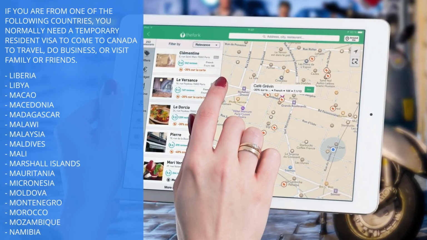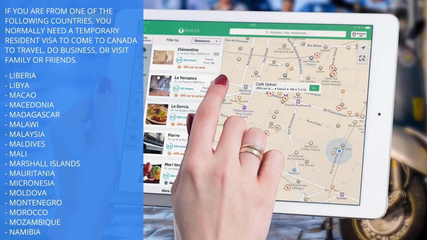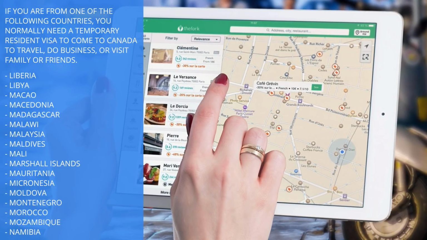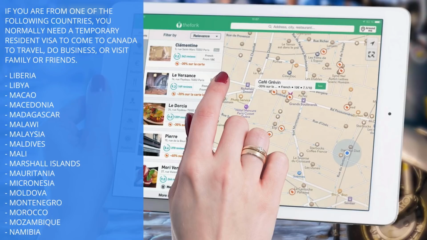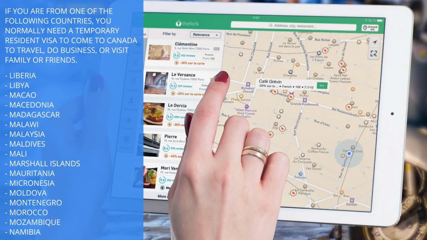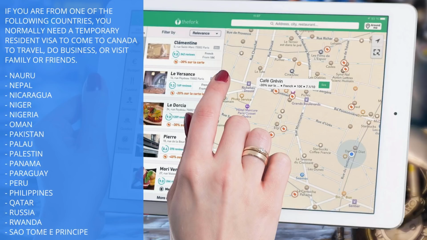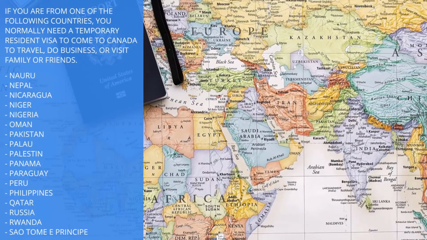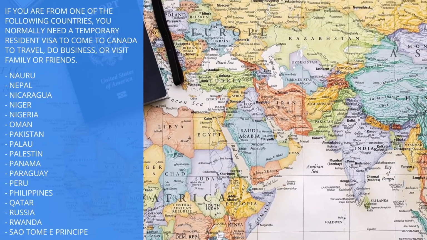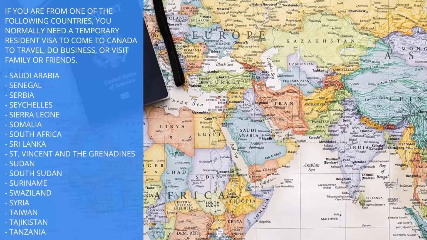Lesotho, Liberia, Libya, Macau, Macedonia, Madagascar, Malawi, Malaysia, Maldives, Mali, Marshall Islands, Mauritania, Micronesia, Moldova, Montenegro, Morocco, Mozambique, Namibia, Nauru, Nepal, Nicaragua, Nigeria, Oman, Pakistan, Palau, Palestine, Panama, Paraguay, Peru, Philippines, Qatar, Russia, Rwanda, São Tomé et Príncipe, Saudi Arabia, Senegal, Serbia, Seychelles,